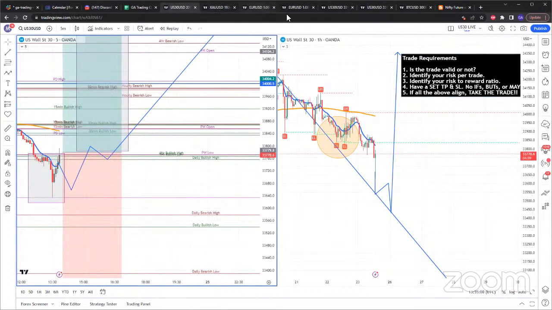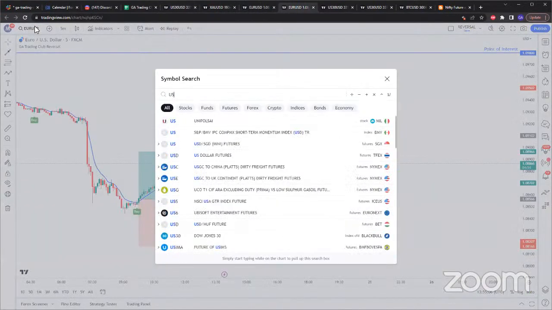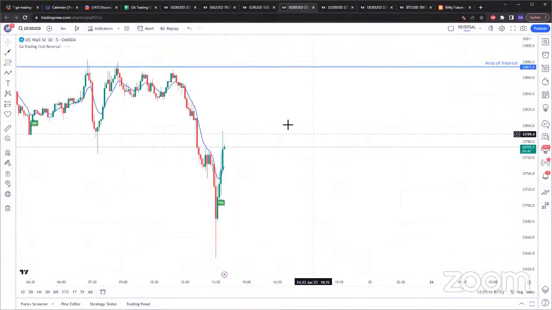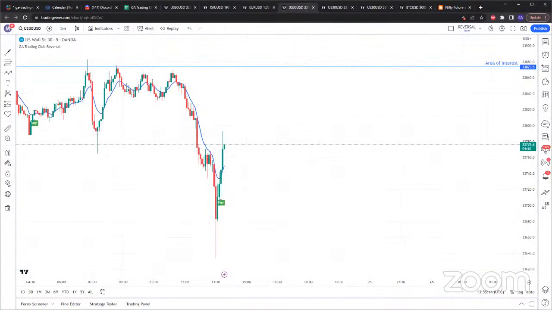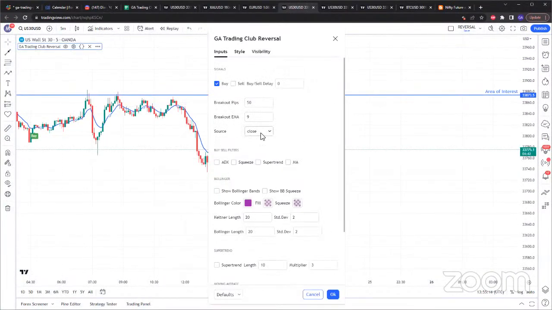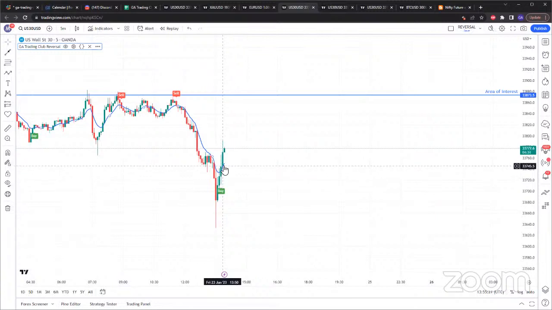Looking at the reversal indicator, I really have not found a way. I've never backtested how we can use it to enter regular trades, but just by looking at it, I'm trading on the 5-minute. If I'm entering a buy, I want to see a buy around where I'm trying to enter. We recently just got a buy on the reversal indicator on US 30. So this is good for me. This is good confluence.